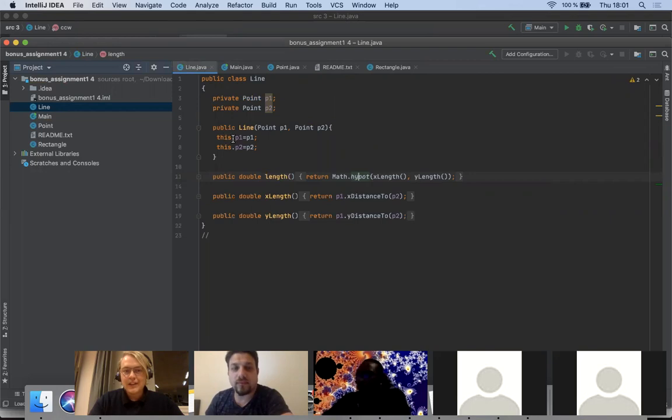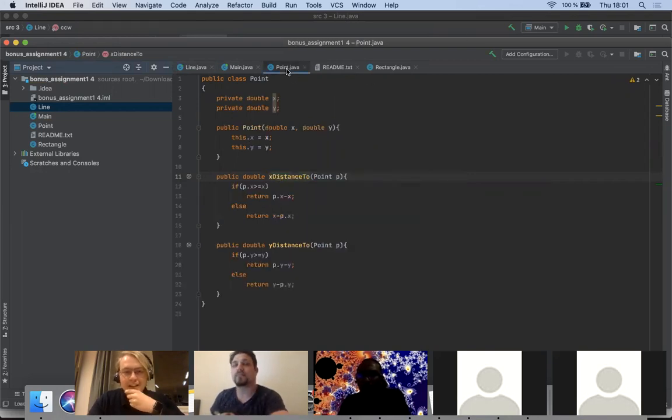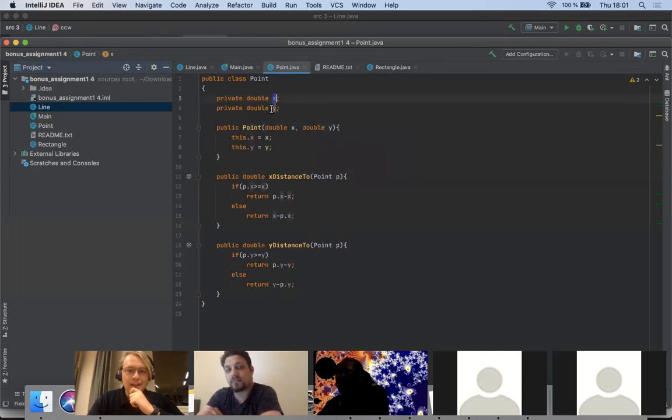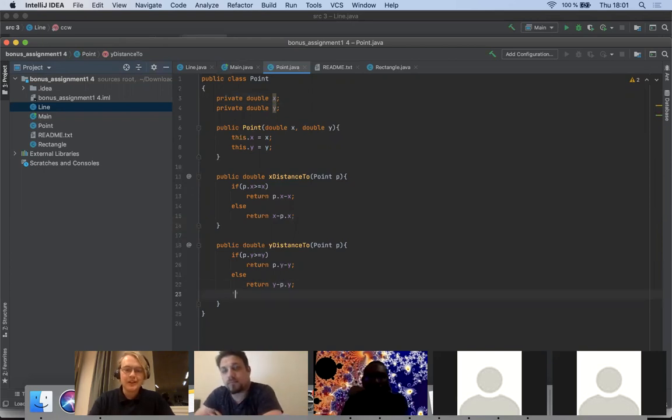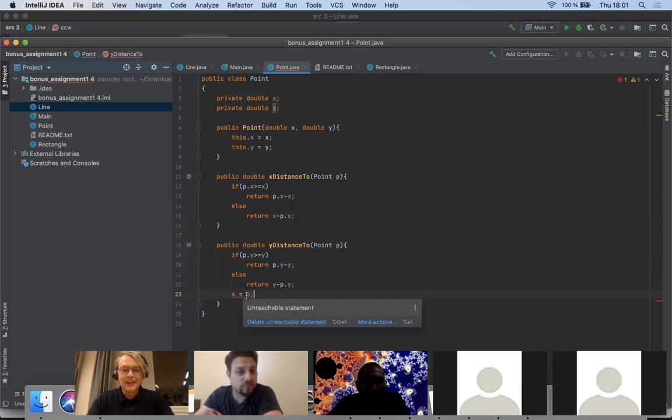When we're receiving, I'm wondering, is it easier to look at this one or the other one? Let's start with point. When we're receiving, you can see here that every point has the fields X and Y, right? And when we're receiving X and Y, you can access X and Y from anywhere in the program. If you're in here, you can do X equals 5. Now it's complaining because we can't reach this due to us returning here, but if we move it up,